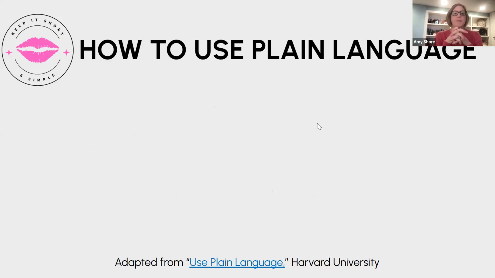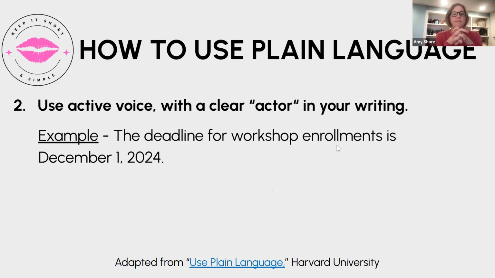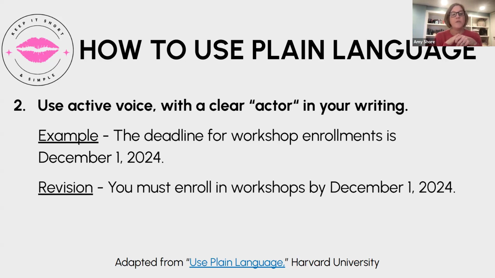Let's go to the next slide. Use active voice with a clear actor in your writing. All right, what's our example? The deadline for workshop enrollments is December 1st, 2024. Pretty clear sentence. I would use this all the time. But if you're choosing this principle, you might change it, and click to revise to: you must enroll in workshops